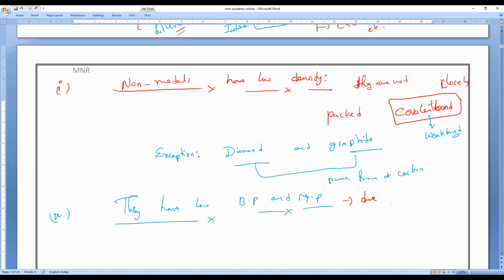Due to strong force of attraction or weak force of attraction? Due to the presence of weak force of attraction between the particles, among the molecules. Because of weak forces of attraction among the molecules, they have low boiling point and